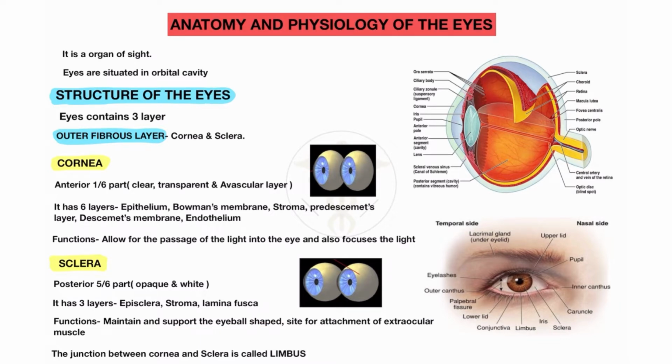Means not changing in the shape of the eyeball. And also it has a site for attachment of extraocular muscles. I will discuss which muscles attach to the sclera. Then I will discuss the six muscles which attach to part of the sclera. It is also an attachment for the extraocular muscles like rectus muscles and oblique muscles. I will discuss this at the end of the video.